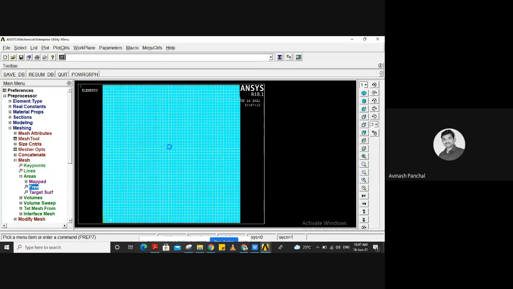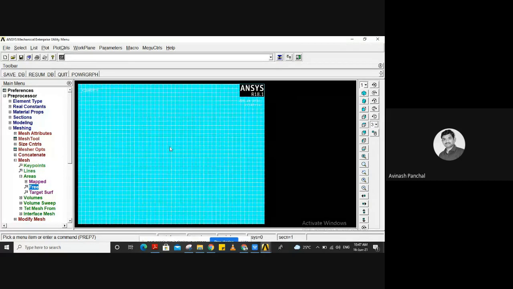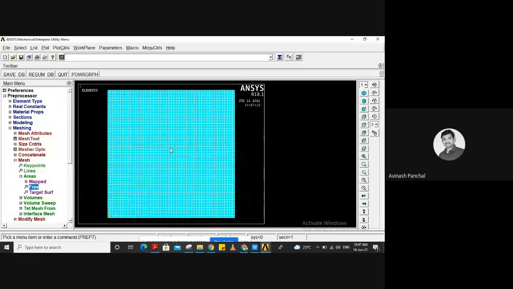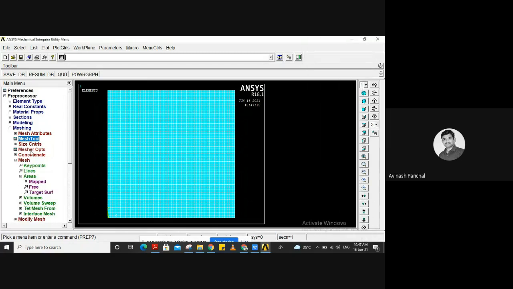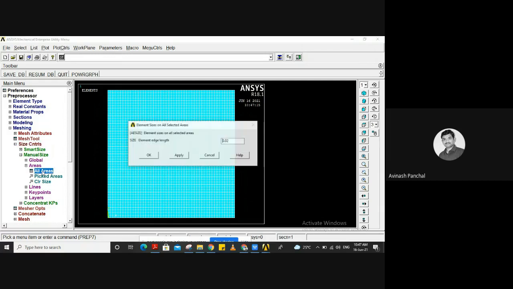You can change this meshing also, as it is not a very complicated object. You can keep the meshing at a different level. So we can change the meshing size control, all areas.